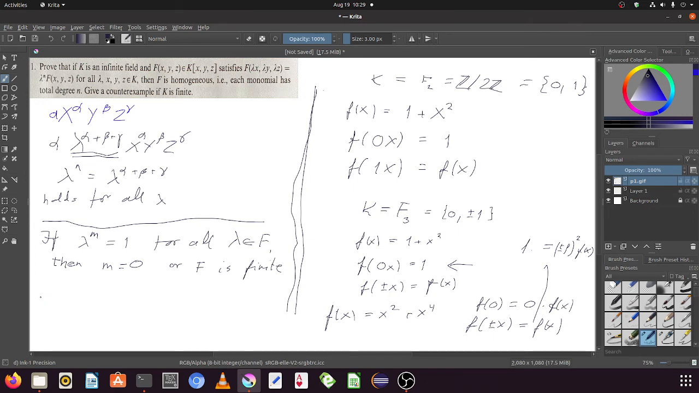Oh, maybe we can do it if all elements are powers of lambda, then we are in a finite field. So if we have two elements, a and b, which are not powers of each other,